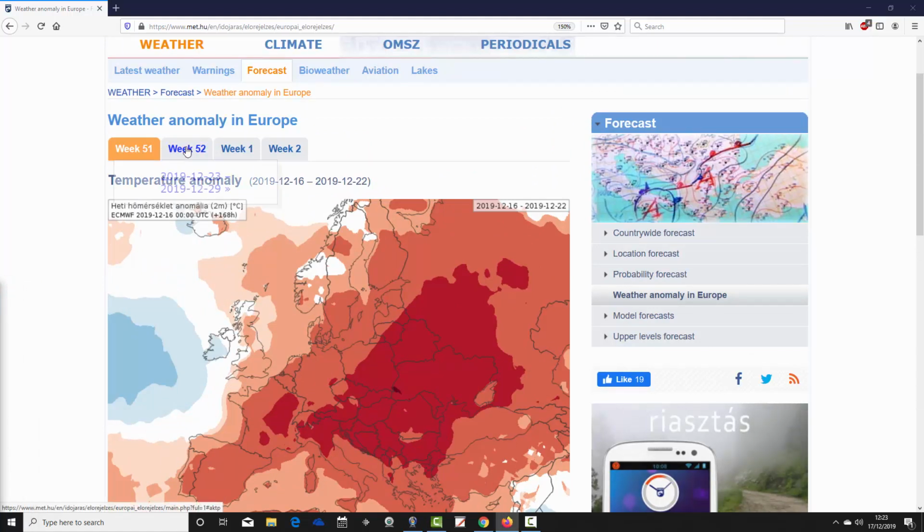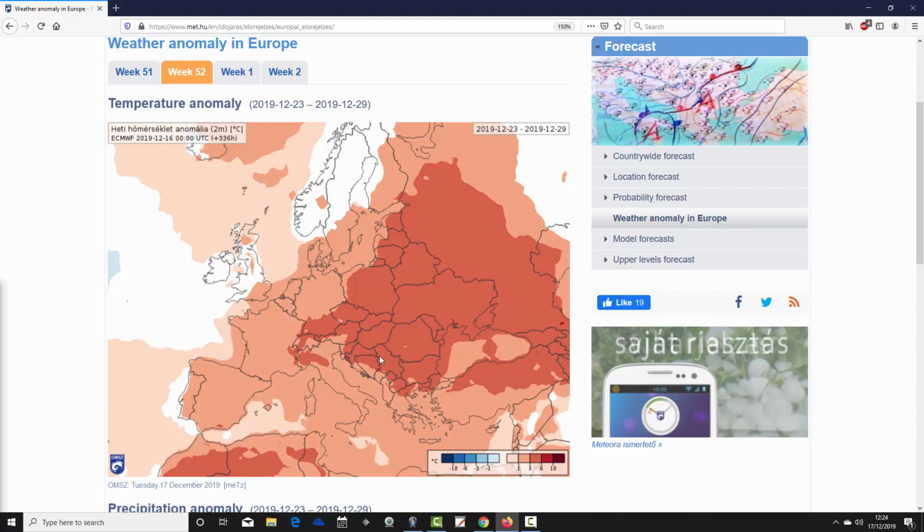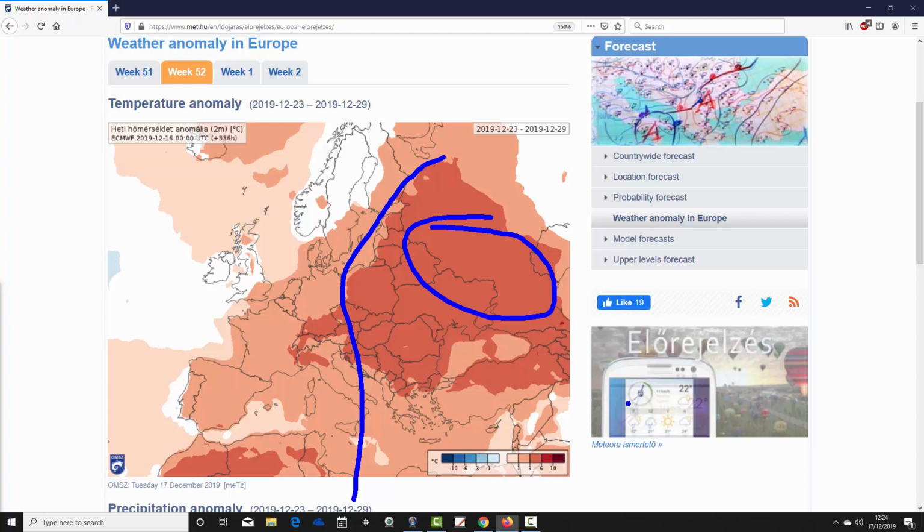We move on into week 2, which is week 52 for the year. So it's taking us over the Christmas period from the 23rd to the 29th of December, the final week of 2019, of course. Again, it's well above average with the temperature anomaly across many central and eastern parts of Europe, really from sort of Poland eastwards over to the Black Sea, and then up to some parts of Russia, above average temperatures there. Not quite as warm as it is in week 1, but nevertheless